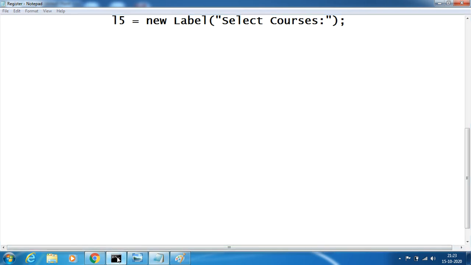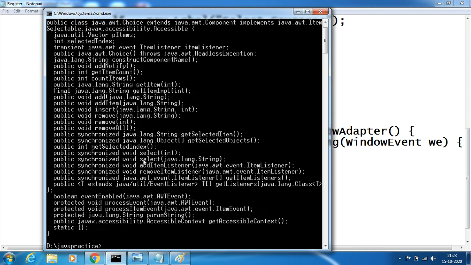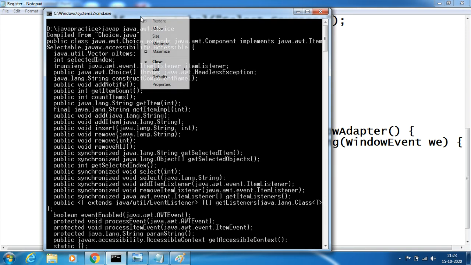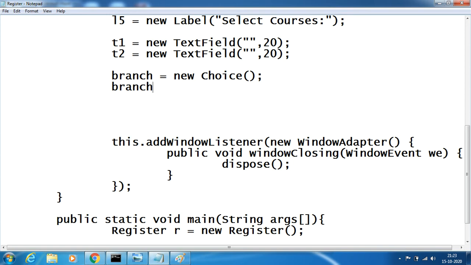For choice or list, I check java.awt.Choice, whether choice has a constructor or not. As it has a constructor, it has a method called addItem. So try to add to the choice, branch.addItem. addItem will add the items to the branch.